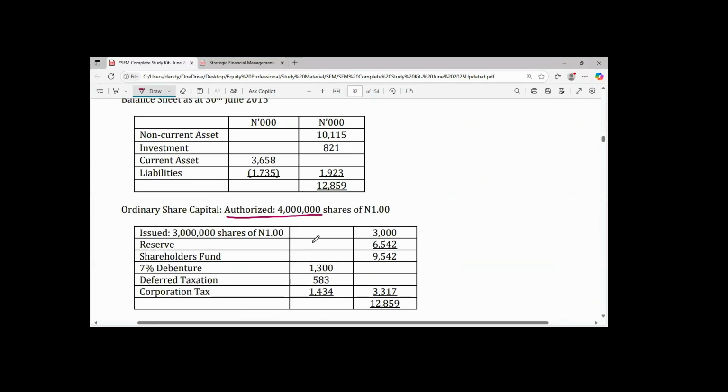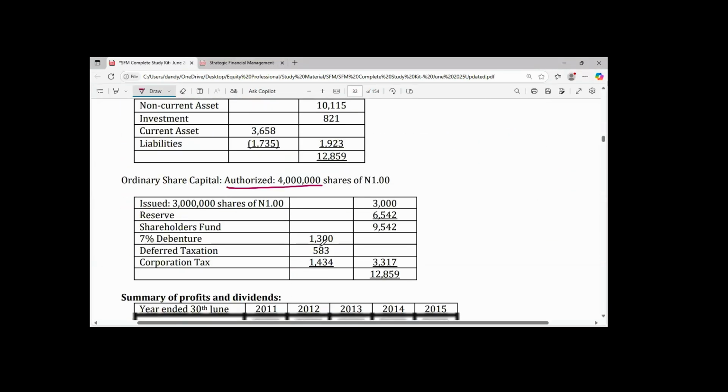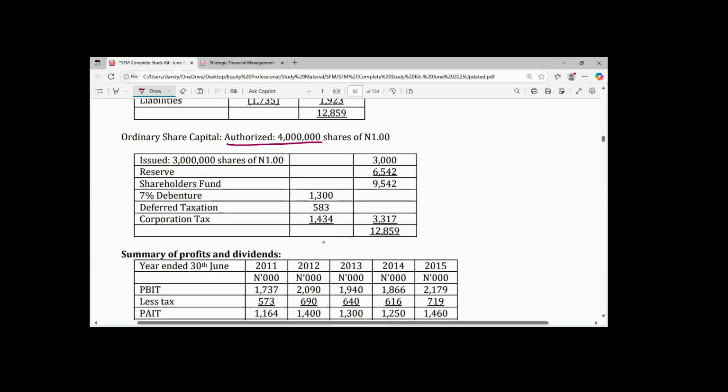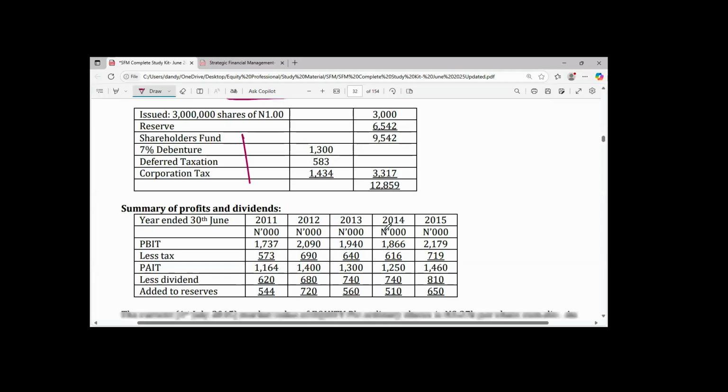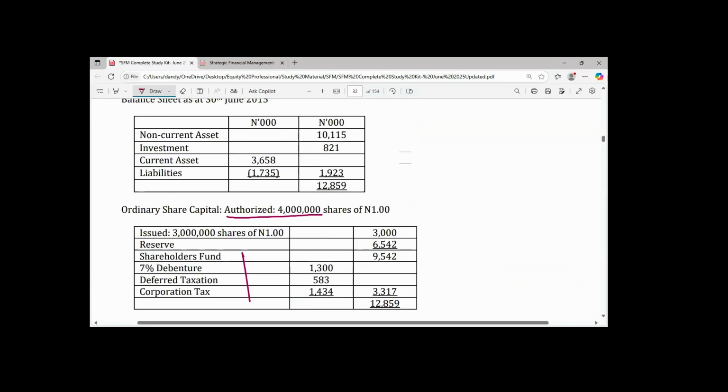I've already explained to you that when you are given capital structure information, this is the capital structure of Equity. When you are given capital structure information, the way the company finances its operations, and of course you are also given the underlying costs, like dividend, share price, interest and all of that, then in this case you are supposed to use the traditional method to calculate your weighted average cost of capital. So without wasting more time, let's quickly see how we are going to solve this particular question.